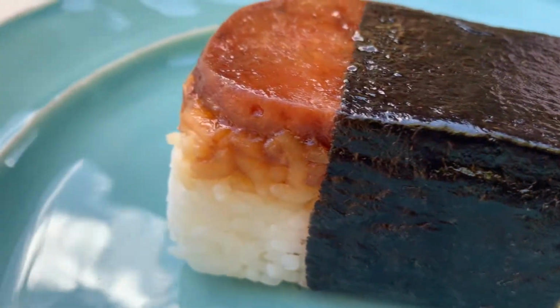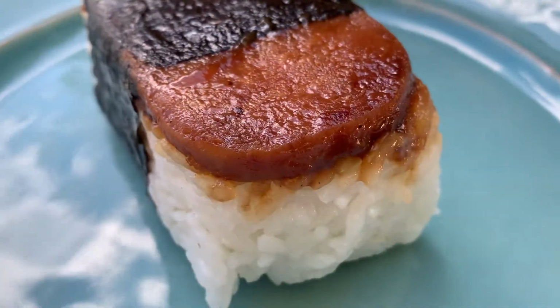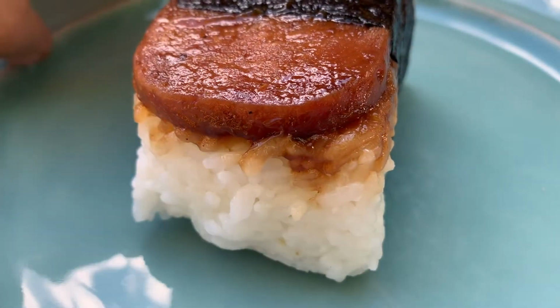At this point, they all taste like musubi. I'm noticing there doesn't seem to be a huge difference, but there are some varieties. I think this one would be a 6 out of 10 for me. That's the last one we're going to try. So now